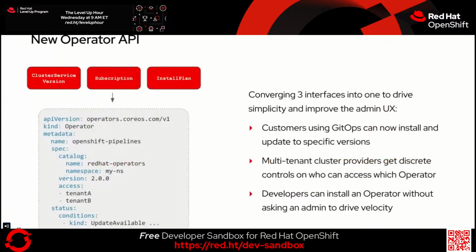So going a little deeper into this new operator API, it'll be a fairly noticeable change, in that it will eventually replace 3 separate APIs that we have today to install and update operators. These were initially designed with human intervention in mind. For instance, to explicitly approve an update. But we've listened to feedback from our customers who are automating every aspect of cluster configuration, looking for better support for GitOps when dealing with operators. Hence, the new API will support completely declarative installs and configuration,